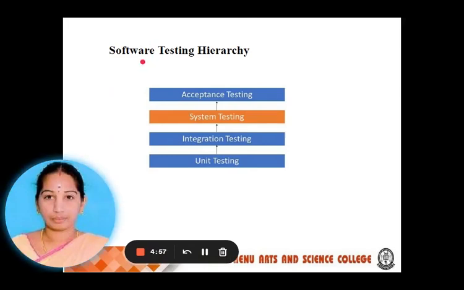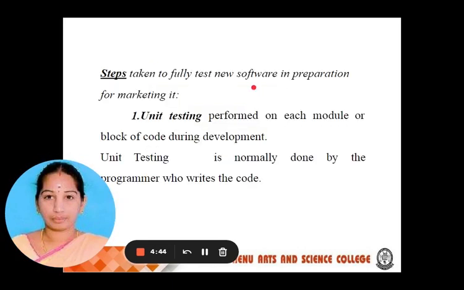And the next one is the system testing hierarchy. It's a hierarchy of software testing. First, it's unit testing, and then integration. After that, system testing. At the final stage, acceptance testing will be done. Okay. And the next one is